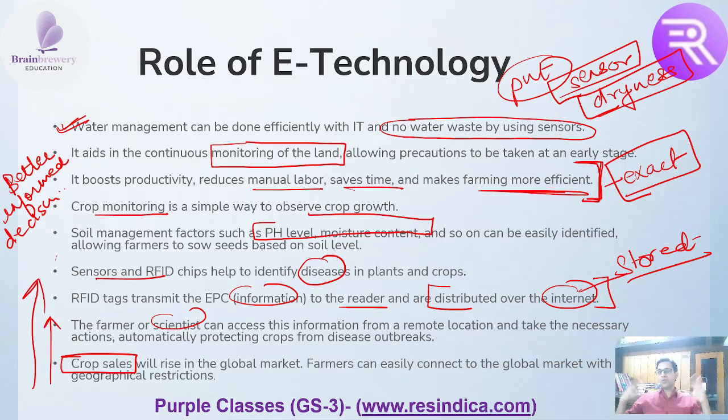And since you will be connected throughout the world in a very easy way through the internet, through broadband, you will have very good bargaining power, since your crops will be stored in cold storages, in silos and various storage places. So you have that kind of bargaining power, and you can sell your crop throughout the world.